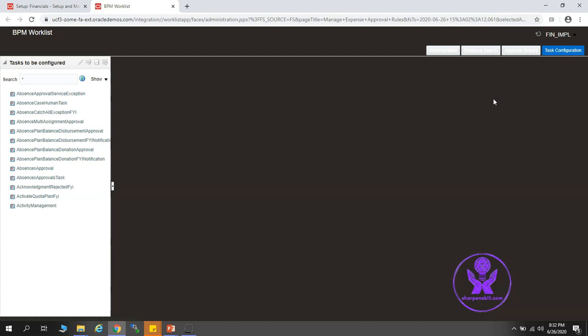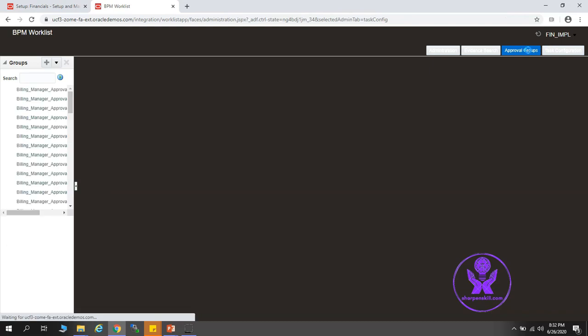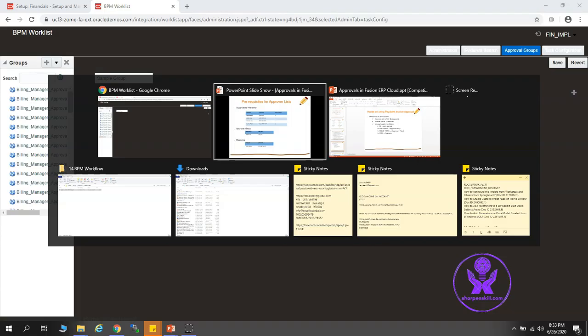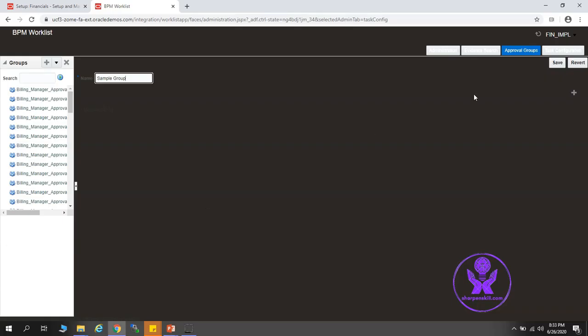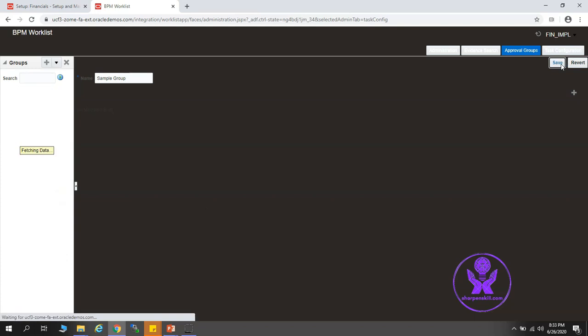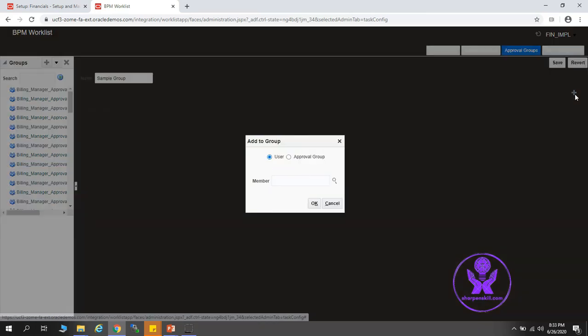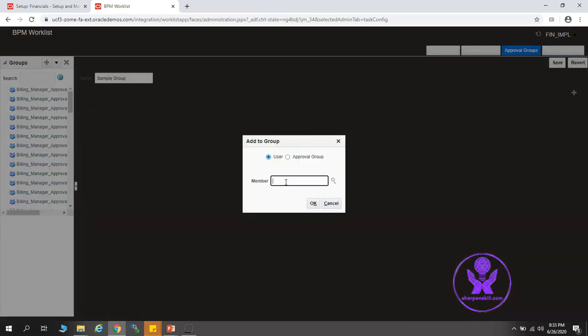Now first thing, we are going to create the approval group. So select the approval groups button and click. Now click on this plus icon. Give it a name. Let's give sample group as we have seen in our PowerPoint slide. Click on save. Click on this plus icon. Select user and search for the member fin_IMPL.